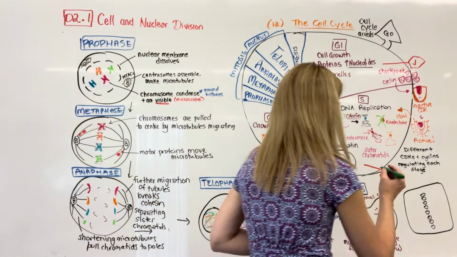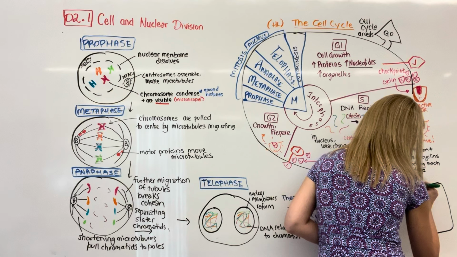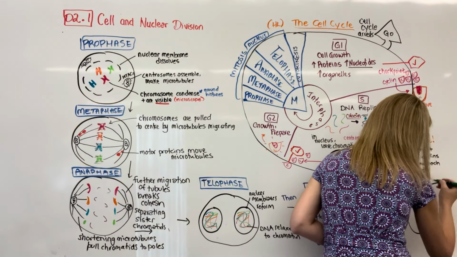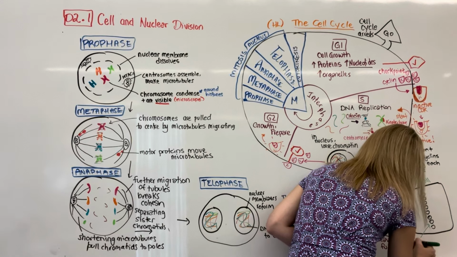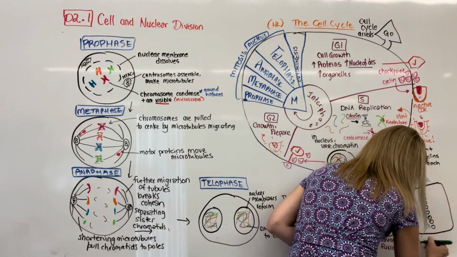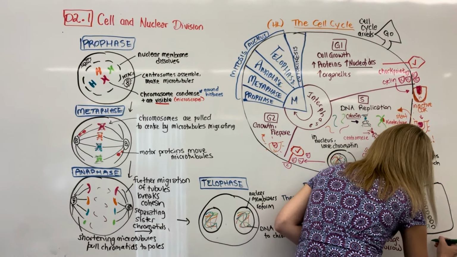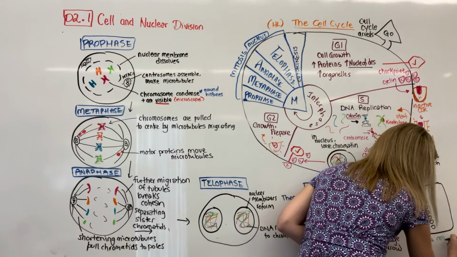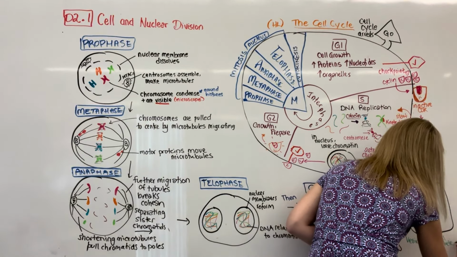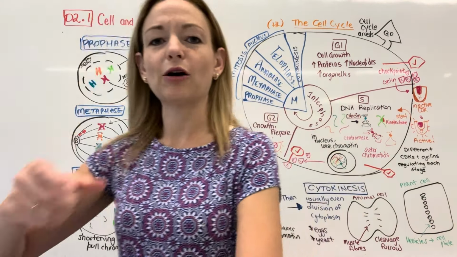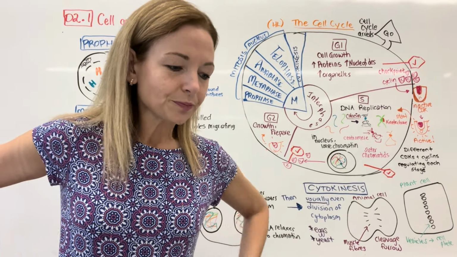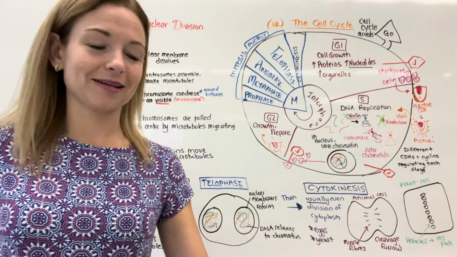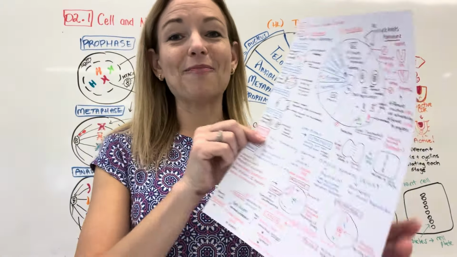So this is going to be my plant cell. In order to make a new cell wall, they're going to line up all these vesicles. The vesicles are going to be used, and then the vesicles are going to become a cell plate. And that cell plate will end up replacing or forming the cell wall that's going to be needed on the inside.